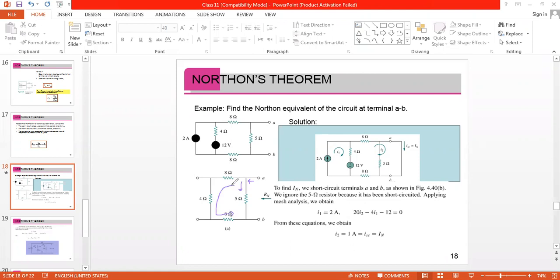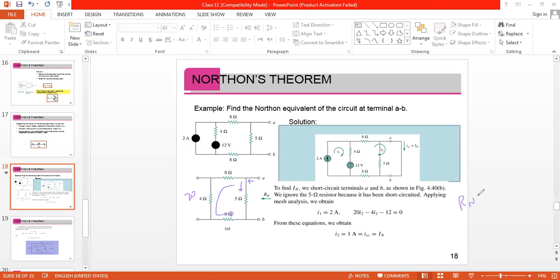On this path, there is only one path. So you can say that these resistances, 8 ohm, 4 ohm, and 8 ohm, are all in series because there's only one path. So 8 plus 8, 16 plus 4, 20. So these 20 ohm resistances are in parallel combination with this 5 ohm. So you can find the total resistance by using this formula.